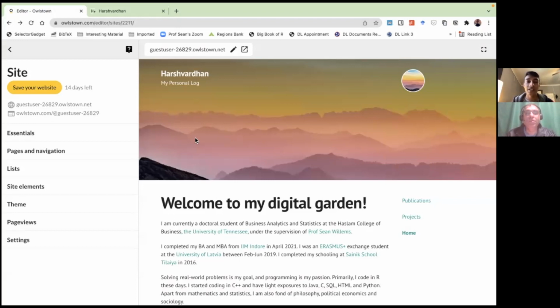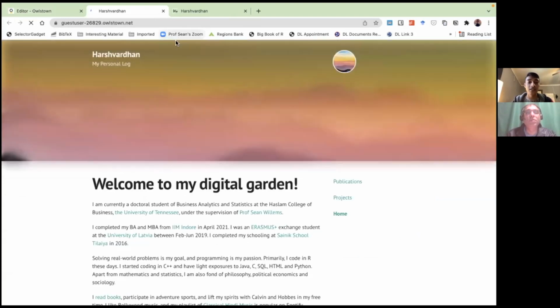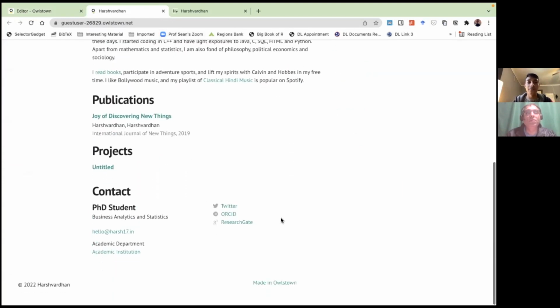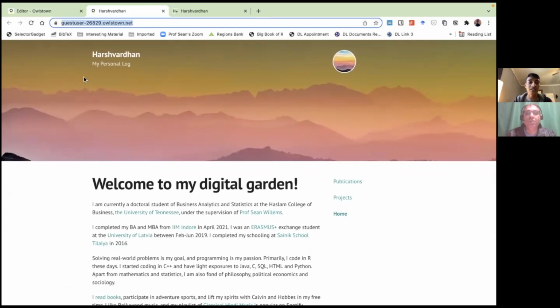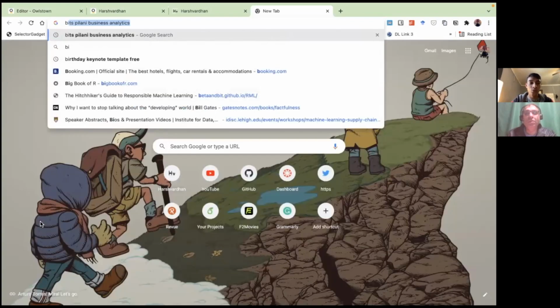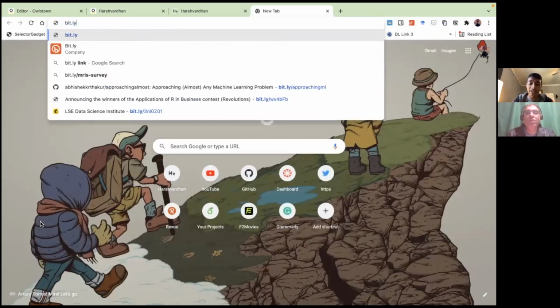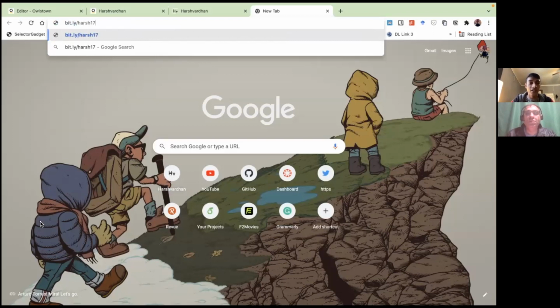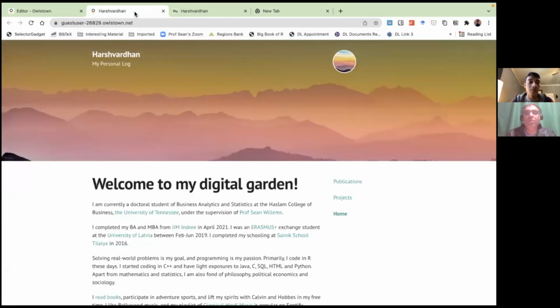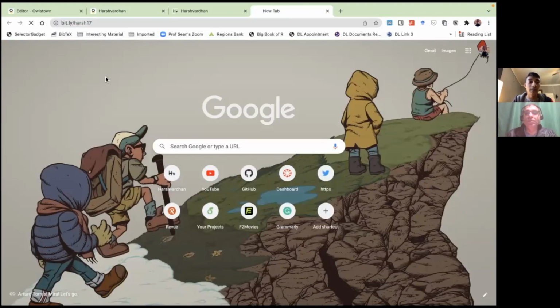Another thing is its pricing. You can choose to have this website that exists, and you will get this link, which you can use with bitly. The way I used to do it earlier was bitly.hersh17. So instead of telling people my whole entire URL, when I did not have my own domain, I used to tell people this.